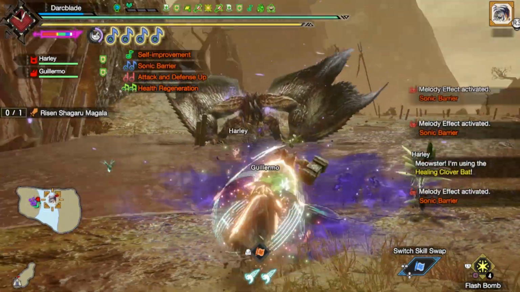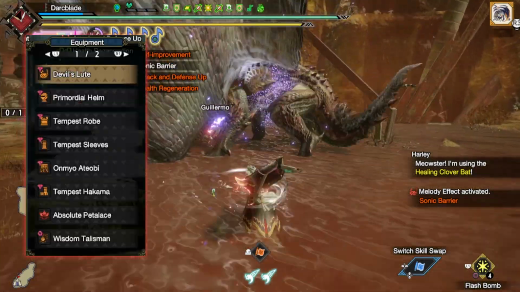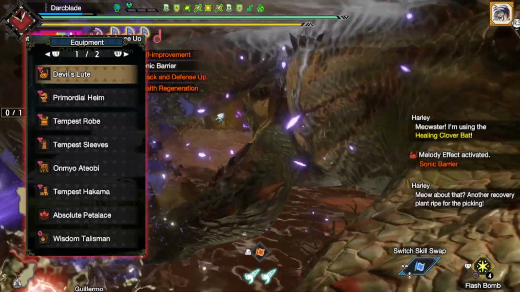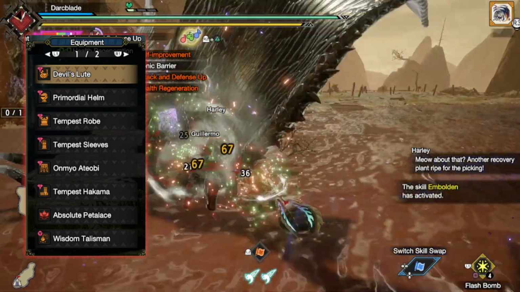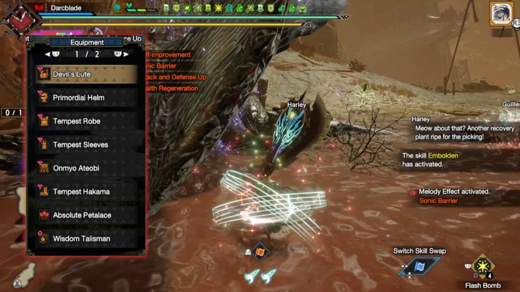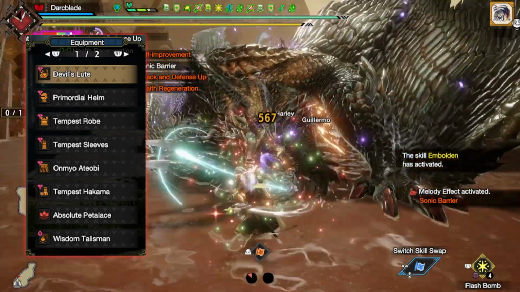So for this build you'll need the following pieces of armor. First of all, you'll need the Primordial Helm. You can replace this with the Tempest Helm if you so wish. Then go for the Tempest Robes, Tempest Sleeves, the Omnio Ateobi and the Tempest Hakama. As for your Petalace, I'd recommend going for the Absolute Petalace for extra health, and for your talisman, everyone is